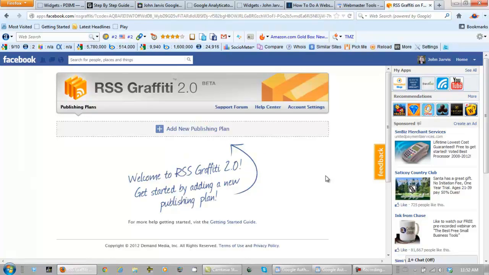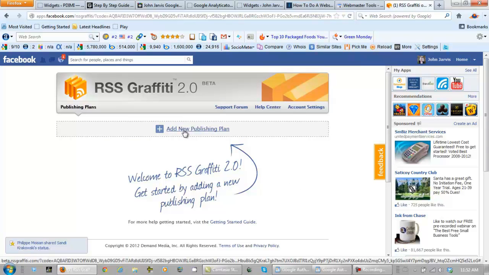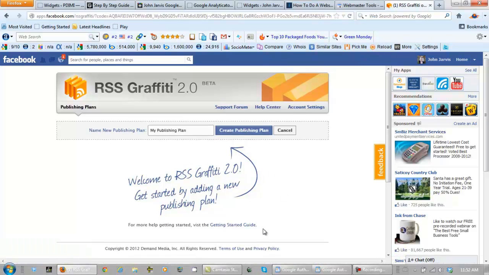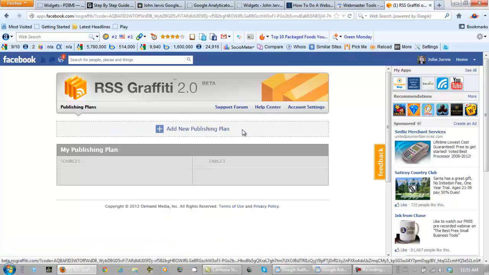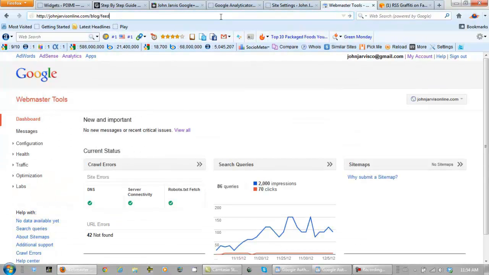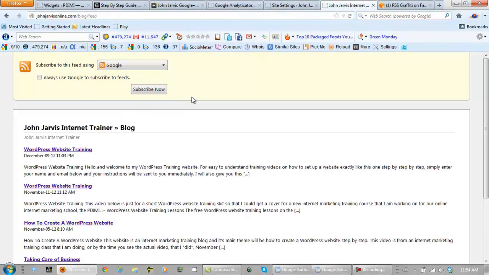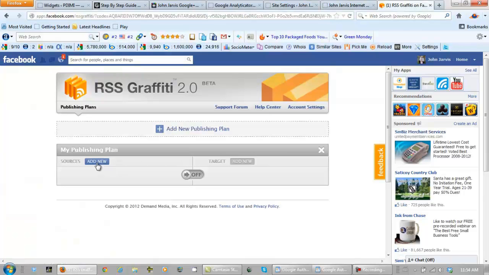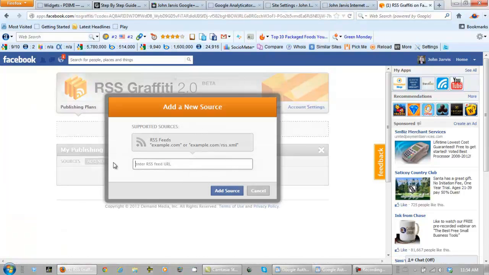And I'm not going to get into a whole lot of detail right now. I may in the future. At this point I'm just telling you which apps you need on your blog. Right here I will add new publishing plan. And you can actually go through the getting started guide if you want. And what you need to do is go to your blog and find out what your RSS feed is. This one is mine, and I'll show you what that looks like. This is the feed from your blog, and you need to go back to RSS Graffiti, add new source, type that in here,